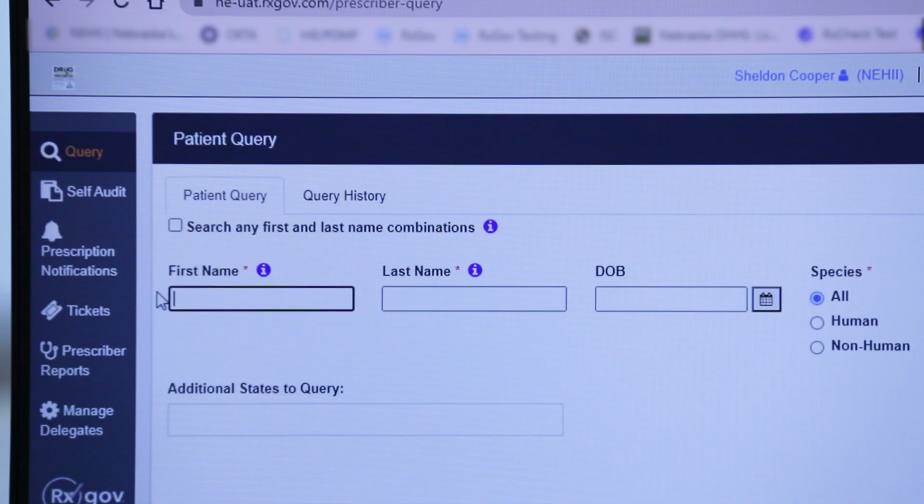To perform a partial name search, a wildcard or asterisk must be entered. For example, if you entered BAR asterisk in the first name field and Allen in the last name field, it would return anyone with the last name of Allen and the first name that begins with BAR. Date of birth is optional, but again, the more information included in the search criteria helps to provide the most